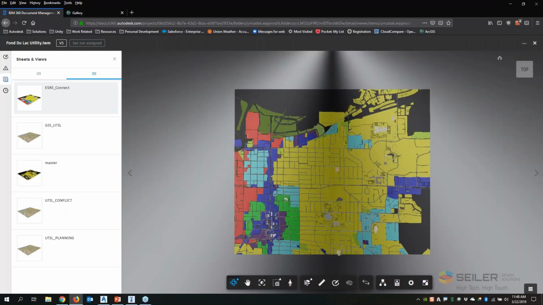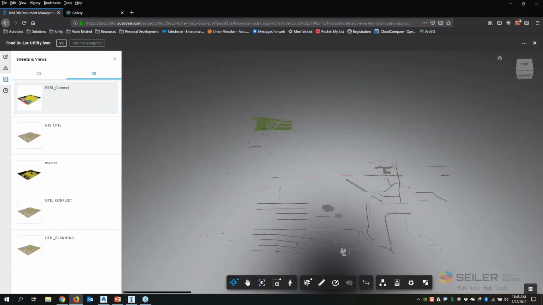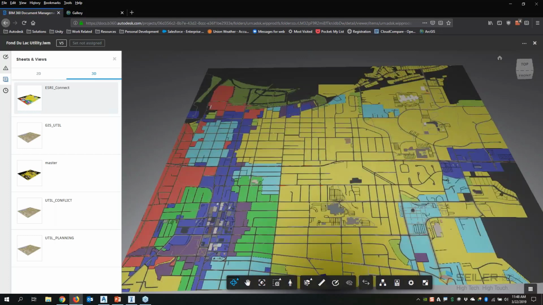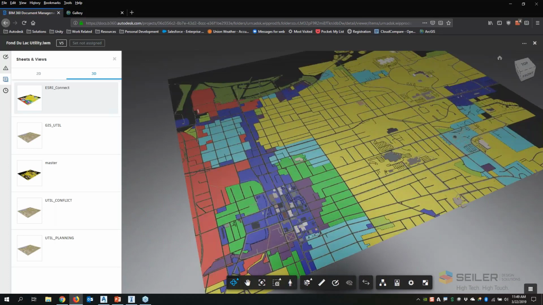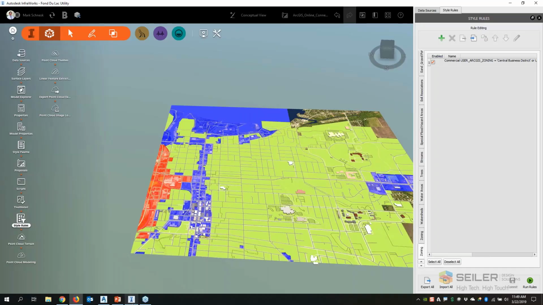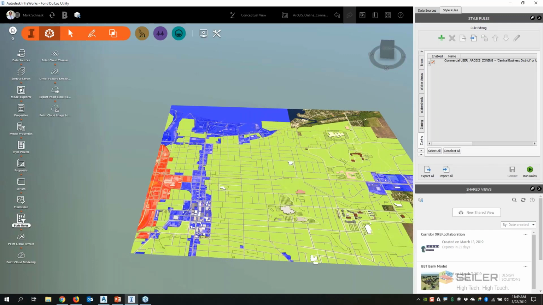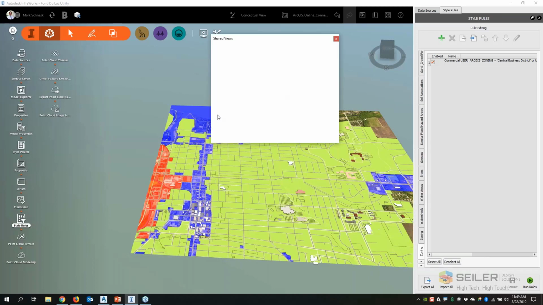So here's the city of Fond du Lac with the zoning data I've done already. This is a BIM 360 version of my Fond du Lac utility Infraworks model. And you see the zoning data comes in here. So if I had invited other prospective clients or customers or those interested stakeholders, I can share this data with them and show them this 3D map with the zoning coverage overlays, even if they don't have a copy of Infraworks. As well as I can use the new Autodesk shared view functionality where I can create a shared view